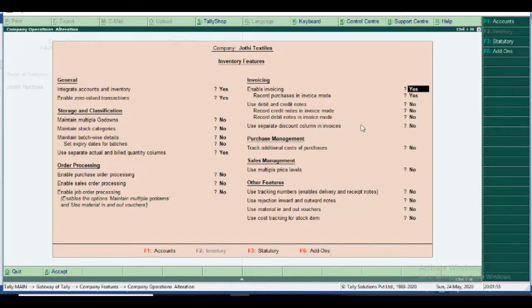Then I would like to enable invoicing, but it is already enabled, so I skip it. And record purchase invoice mode is also the same, not a problem. Okay, I press Enter and accept it.